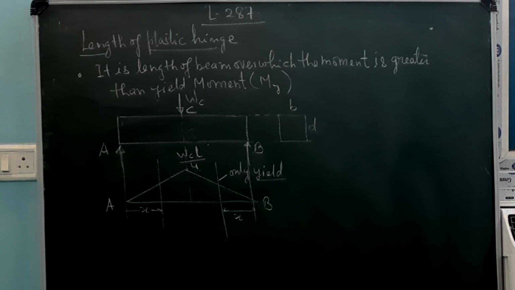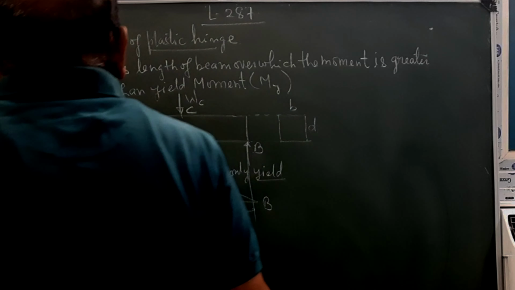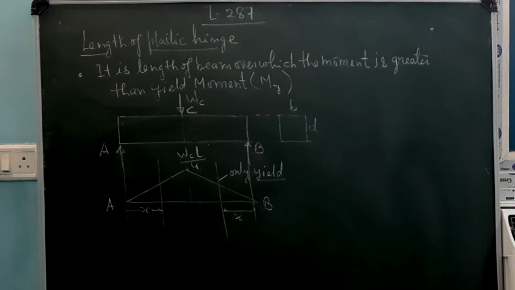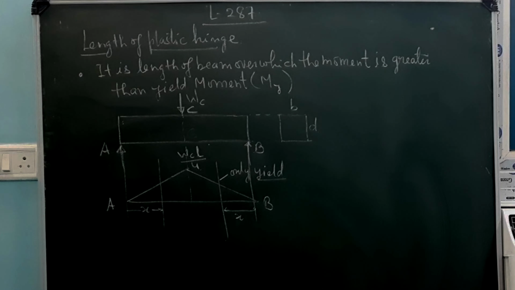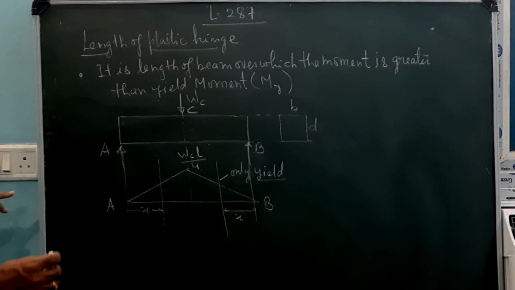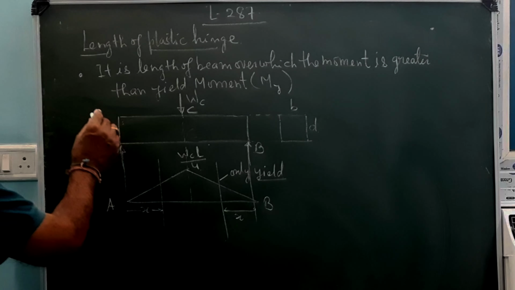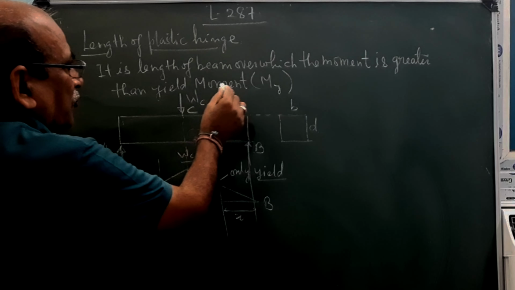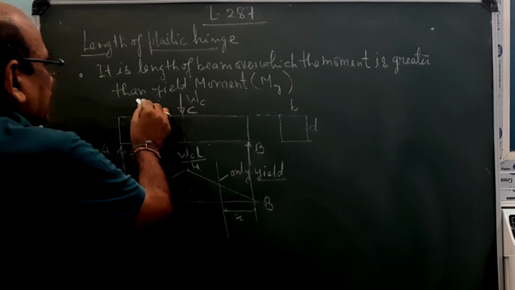This is lecture 287. In this lecture, I will try to make you understand the length of plastic hinge. What is the length of plastic hinge? You can understand it as the length of beam over which the moment is greater than the yield